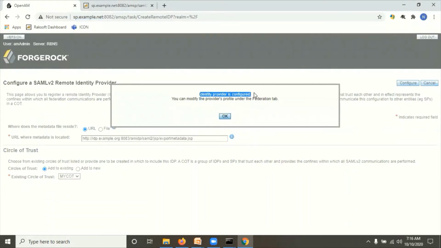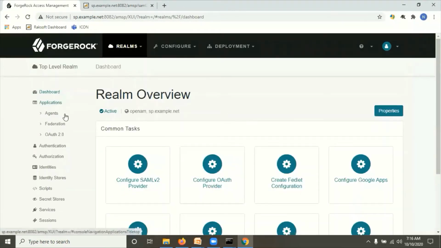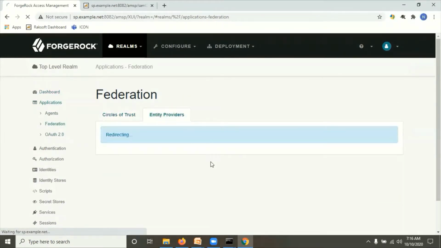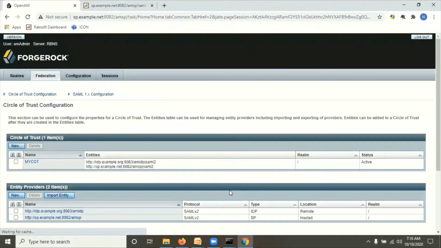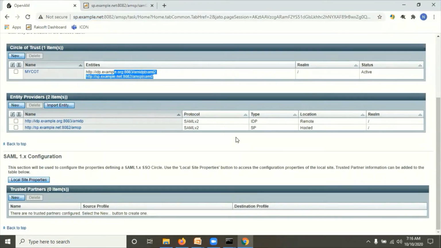The identity provider is configured. You can modify the provider's profile under the Federation tab. Go to Applications, Federation. Here I have the entity providers. Here also we have MyCOT and two entities, the same way as in the IDP.